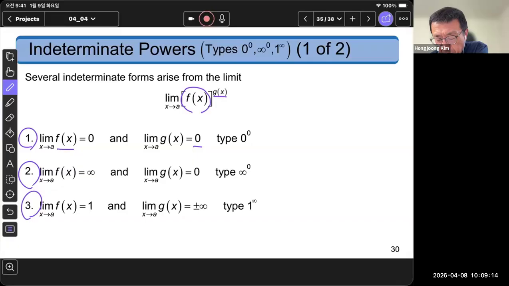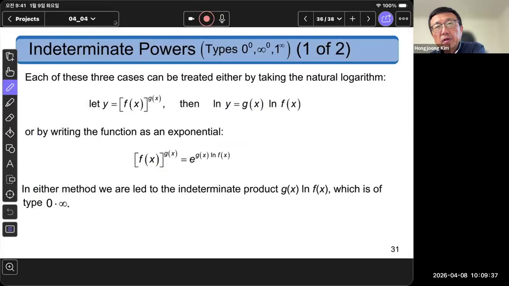If the base diverges to infinity but g of x converges to 0, or if the base f converges to 1 while g of x diverges to plus or minus infinity. If you have one of these three situations, then